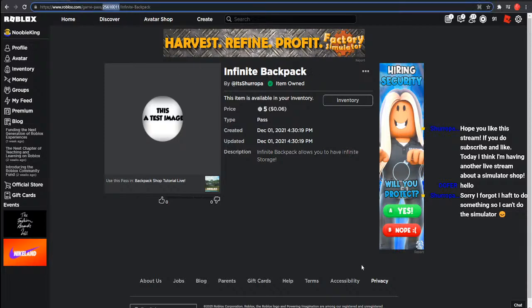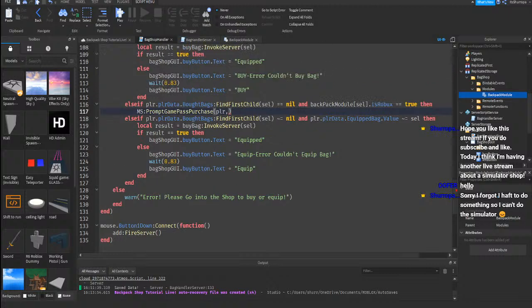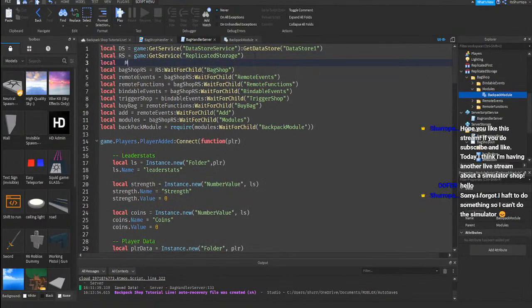Yes, okay. Then we're gonna copy this ID and then paste it. Alright. Now we want to use this game pass ID. So this is going to be that. Going to prompt the purchase. Alright, now let's check if we have gotten a purchase. So